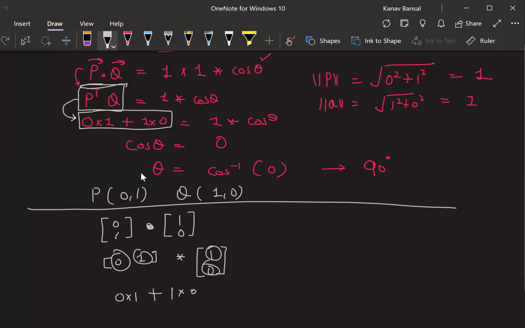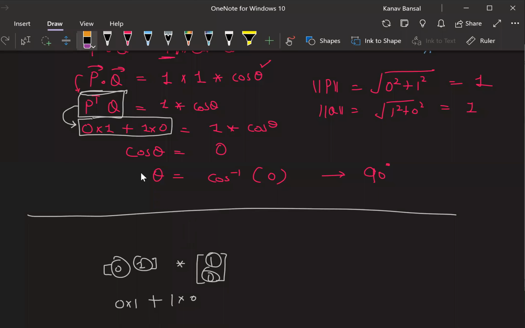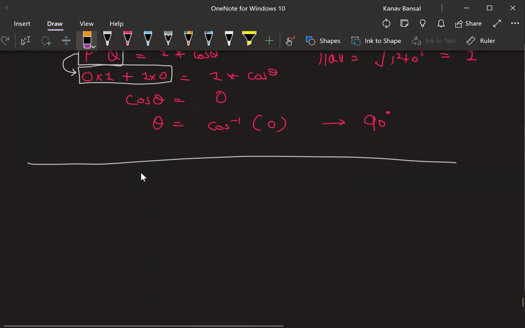Cool. Now everyone understood this entire thing. Lucifer, I'm not able to understand this, where we can write it as cos inverse. All right, so let's look into another concept. I think you were talking about this thing, right? So yes, we can write it as cos inverse.